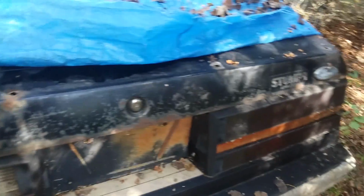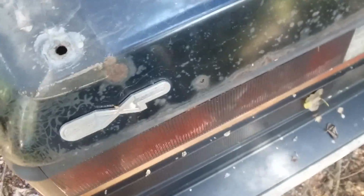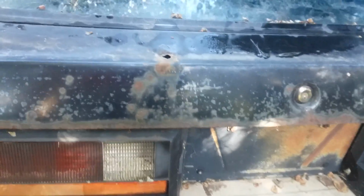So this is an '84, so it's a bubble back, and it's a turbo, so it has the spoiler. And what that entails is that from the factory they drill a few holes to mount it to, which is fine. These usually don't rot out too bad. That's my worst one, and that's nothing. But what happens is